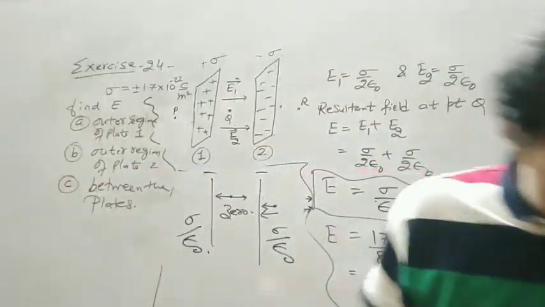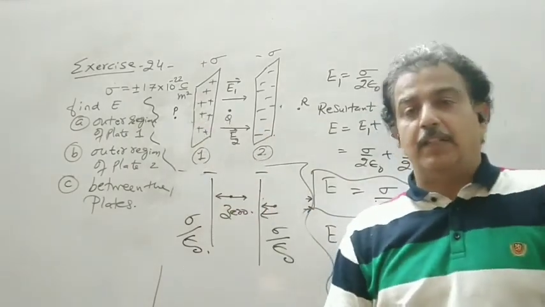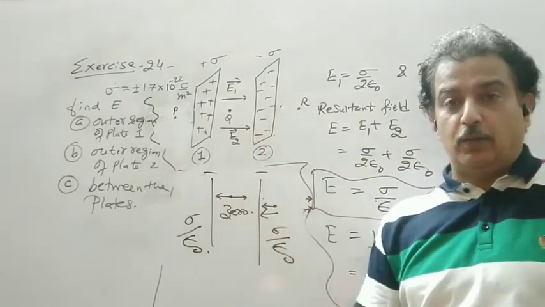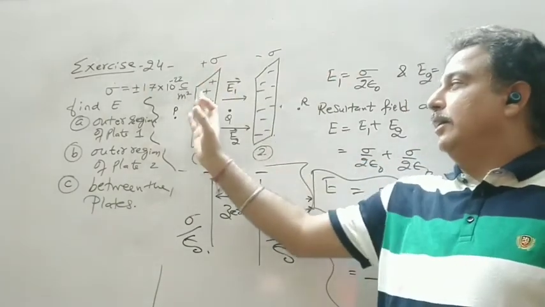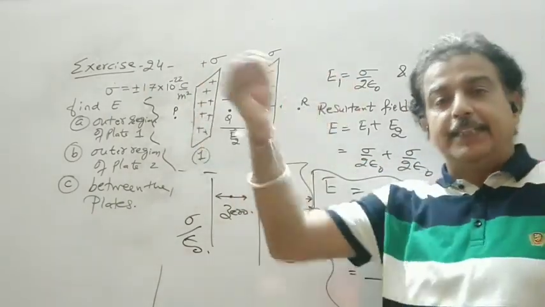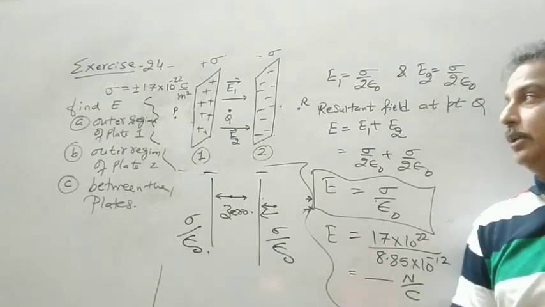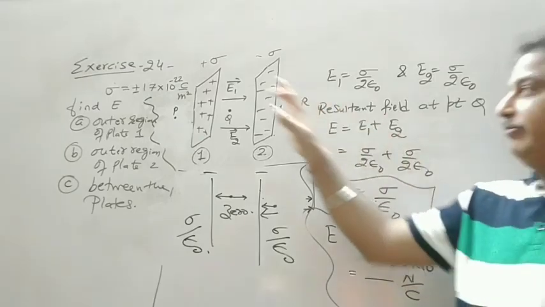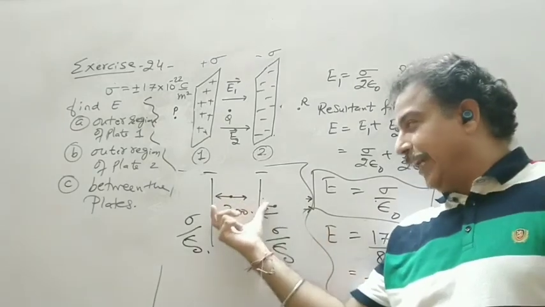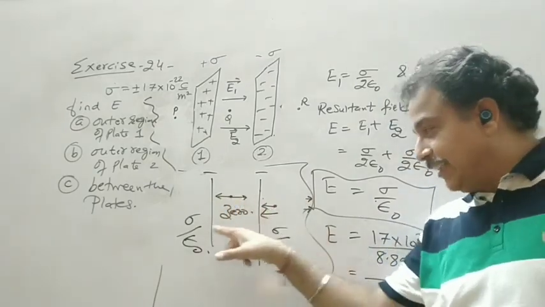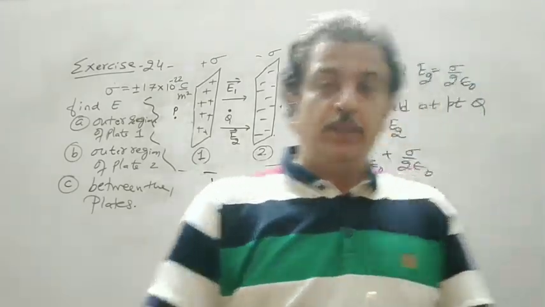So we have three possibilities. Either both plates are positively charged, both plates are negatively charged, or one is positive and one is negative. If one is positive and one is negative, on the outer region of the two plates the intensity is 0, and between them it is sigma upon epsilon naught, if the magnitudes of the surface charge density are the same. Similarly, if we have two negative or two positive plates, the intensity between the two plates would be 0, and outside again you get sigma upon epsilon naught.